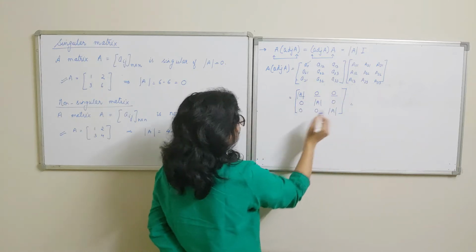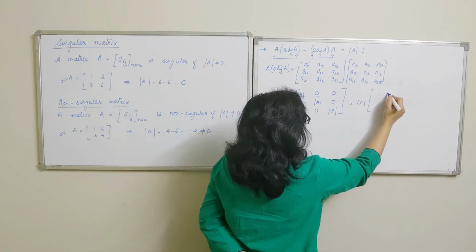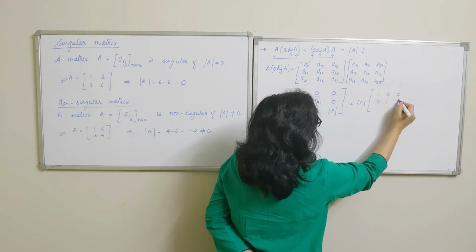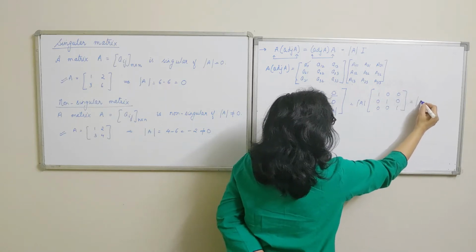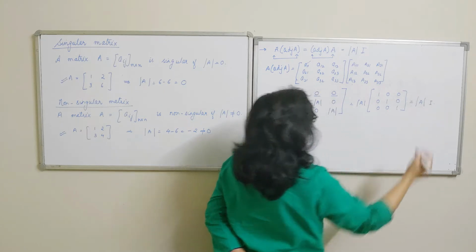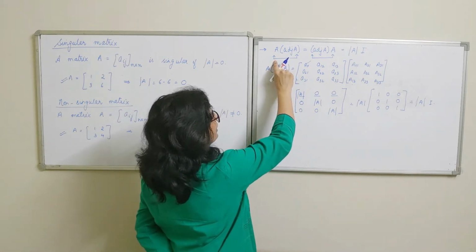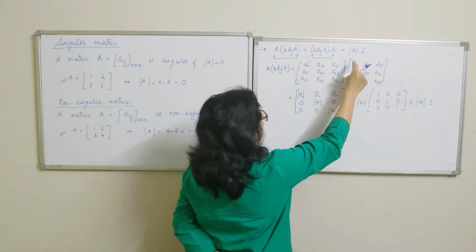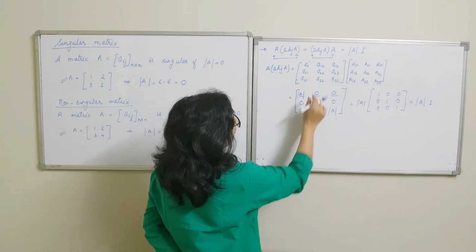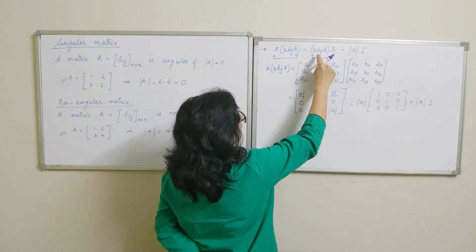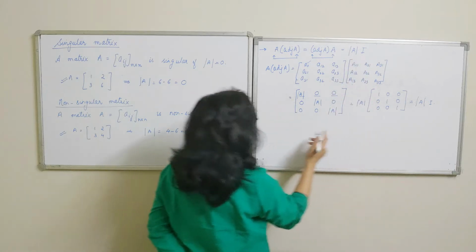In this matrix, determinant A is common. So on taking determinant A common, we have this matrix, which is now defined as the identity matrix. So it is determinant A into identity matrix, right? So here, whenever matrix A is multiplied by its adjoint, the result is equal to determinant A into I. Similarly, we can perform an operation. Take the same example, multiply adjoint by the matrix, we will still get determinant A into I.